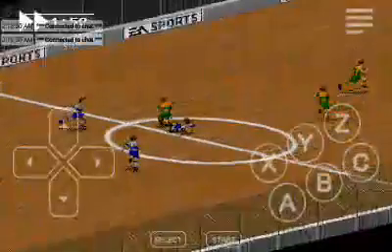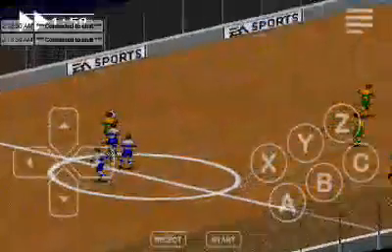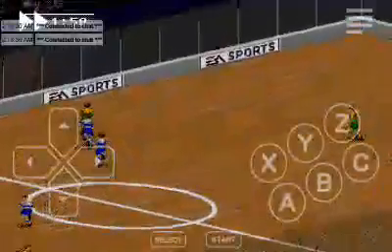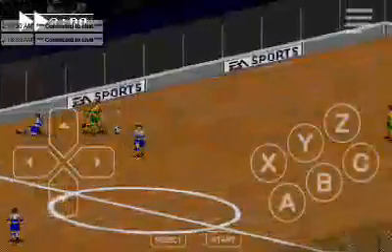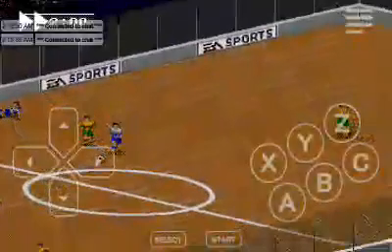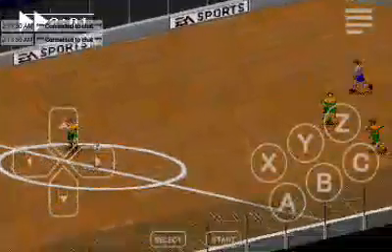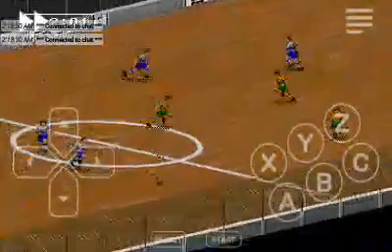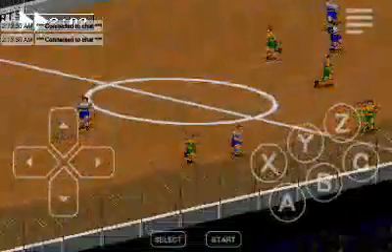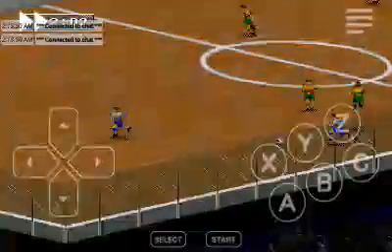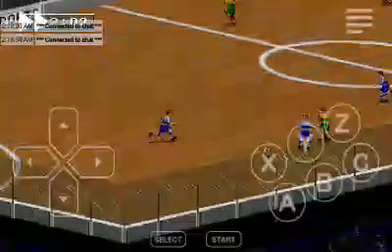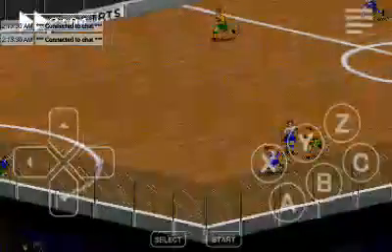The ball goes into the center of the field. It's on the loose. And Vancouver recovers the ball.